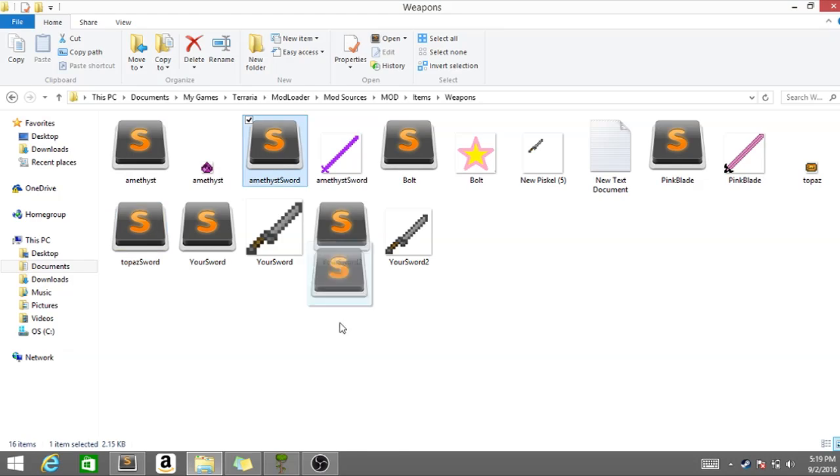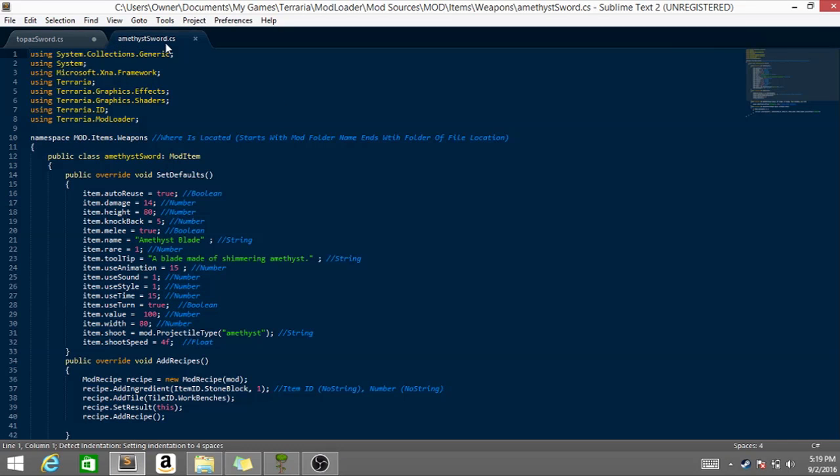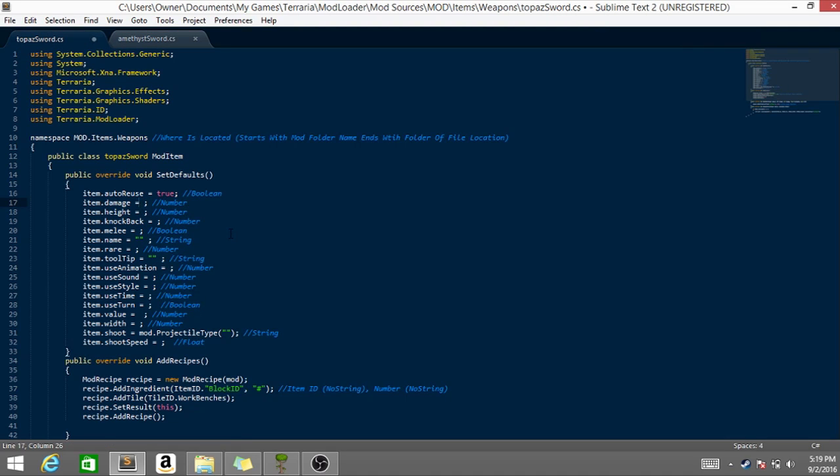So for my Amethyst Sword, oops, I accidentally went on Terraria. Oopsie. So for my Amethyst Sword, just pull it up next to it. I did, the damage was 14, so this one I'm going to do 16. I also lowered the damage on my stone sword, by the way, guys,